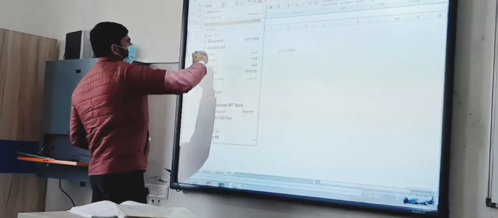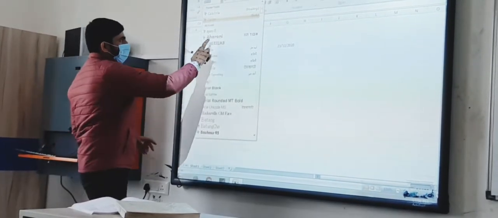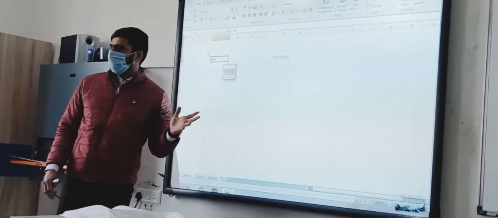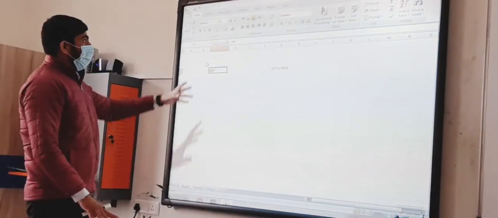So you can go here and you will find the fonts. Suppose you want to use the LGN, then you will see that the font changes to that. What you want to do with that? Okay. So here are some options.